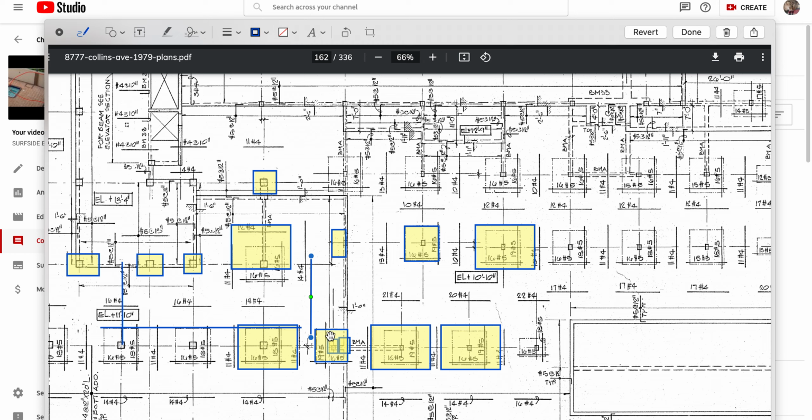But they appear only to be inside the critical zone. Except they don't. They appear to go out of the critical zone. Let's move these out of the way. Well, so do the 16 number 5s. They appear to be going out of the critical zone. So they appear the tributary